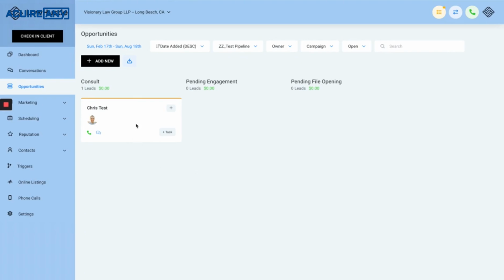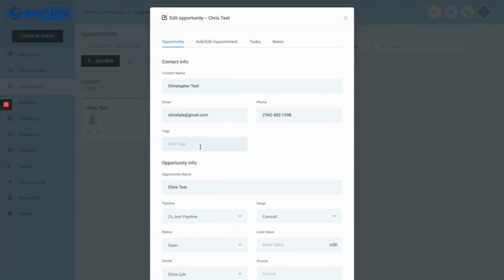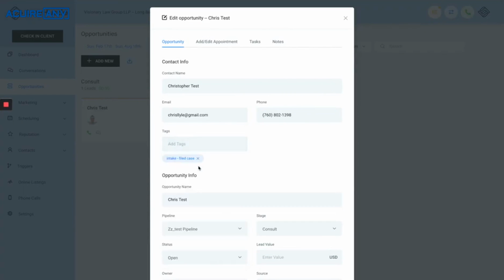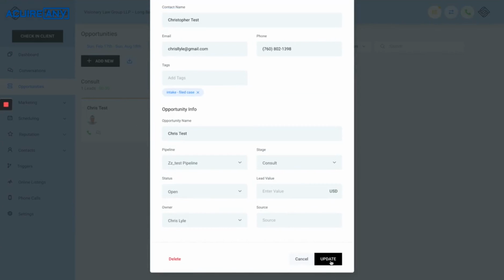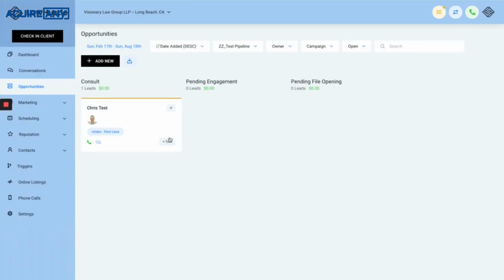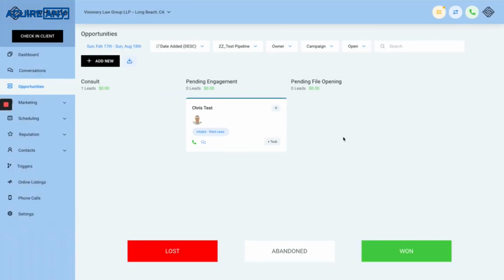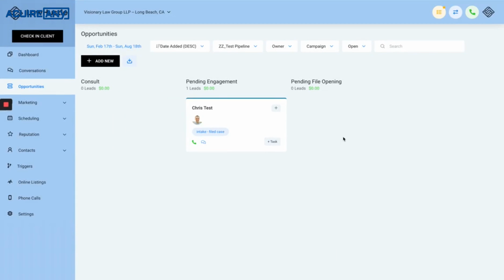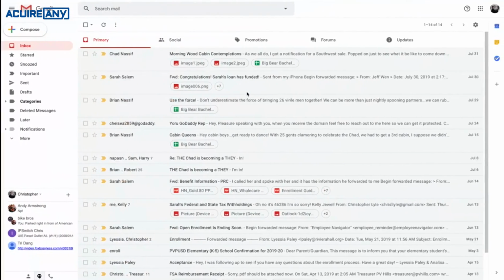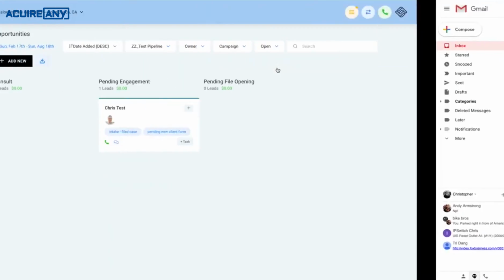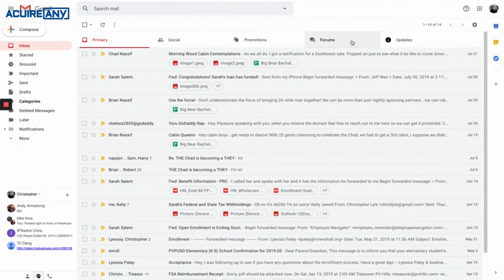So first thing is what we do with the contact, this contact here. We choose which document they're going to intake. This one, we have the test document here. We save the document, and then we drag them over to this pending engagement file. In a few seconds, it'll say pending new file form. And then if you go to my personal email, which should pop up in a second,